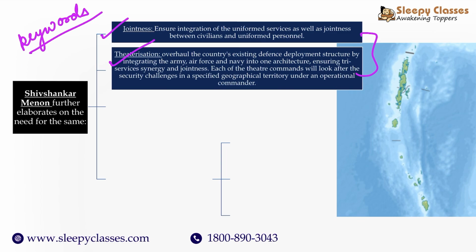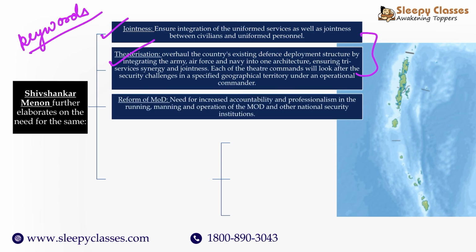So say for example, there is functional integration when it comes to say your unified nuclear command, right? So that is also a form of functional theater command which exists in India. So Andaman and Nicobar is one such area where it exists. So Shiv Shankar Menon suggests that you can have one, say, a theater command which is directed towards addressing the China security challenge. One can be directed towards addressing the Pakistan security challenge, and then there can be one which is looking at the maritime security challenges, right? So these can be unified theater commands.